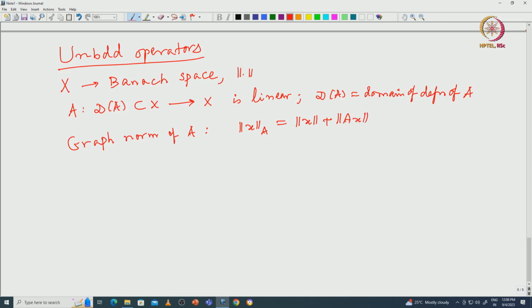Of course, since we are using Ax here, this is defined only for D(A). So you can check that with this graph norm, the subspace D(A) becomes a normed linear space. I will stop here